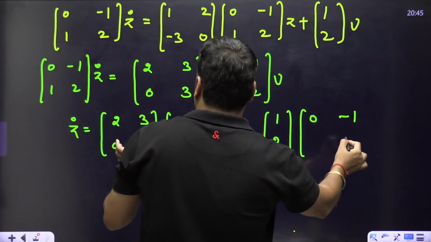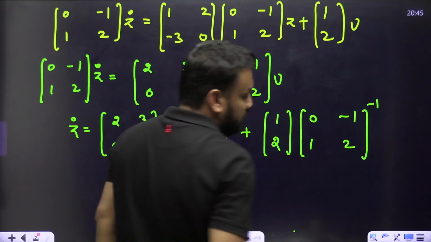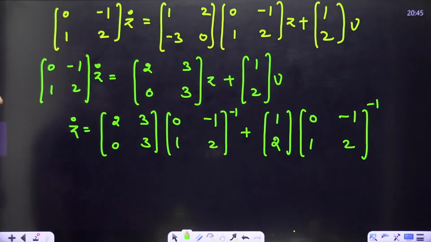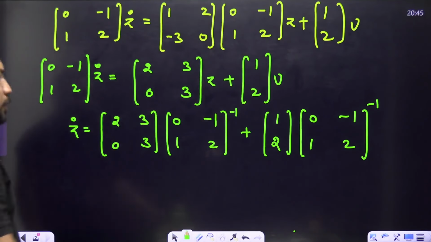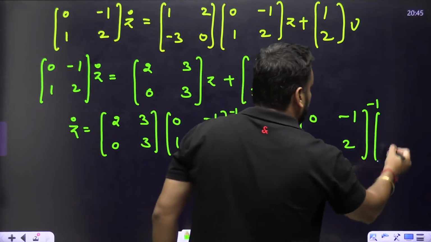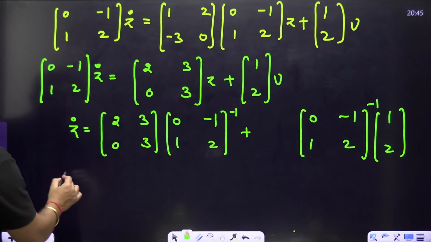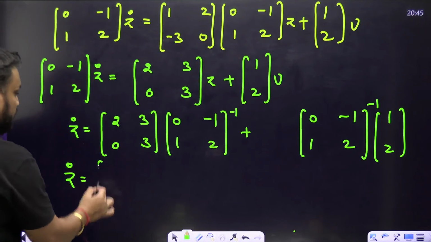और क्या है -1, 0, -1 और 1 और 2 का इनवर्स। एक बार चेक कर लेंगे, बता देंगे ये आ रहा है, ये भी आएगा, बिल्कुल आएगा। और मल्टीप्लाई करने में आसानी हो इसलिए मैं 1 2 को आगे लिखता हूं ताकि मुझे मल्टीप्लाई करने में आसानी हो, और कुछ नहीं है, बस मल्टीप्लाई करना। तो बताइए फटाफट से z डॉट इक्वल टू, अब ये वाला मैट्रिक्स रहा एज इट इज